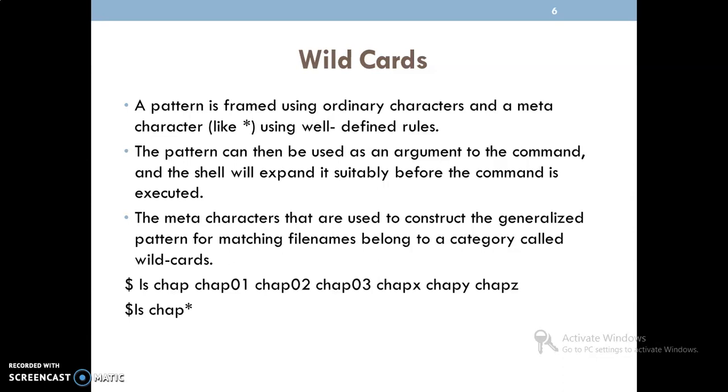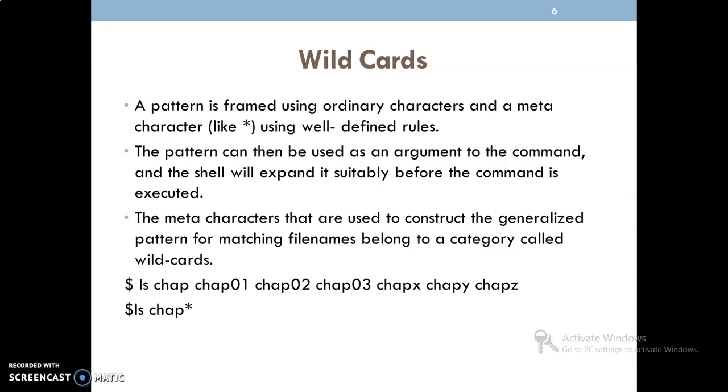The third point: the metacharacters used to construct a generalized pattern for matching filenames belonging to a particular category are called wildcards. Take this example: the ls command with chap1, chap2, chap3, chapx, chapy, chapz.